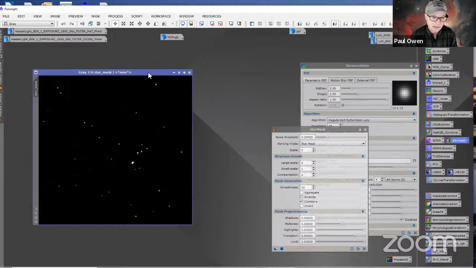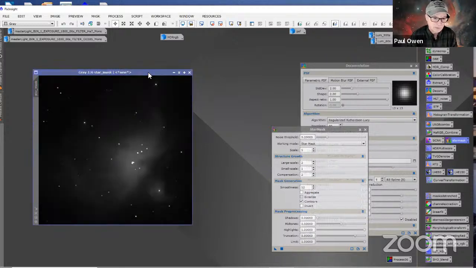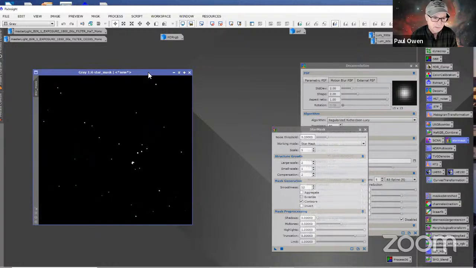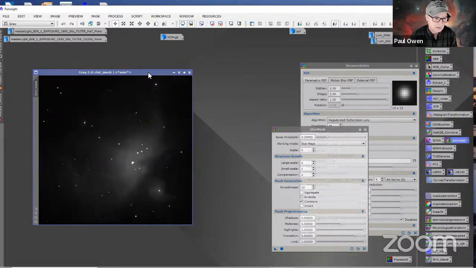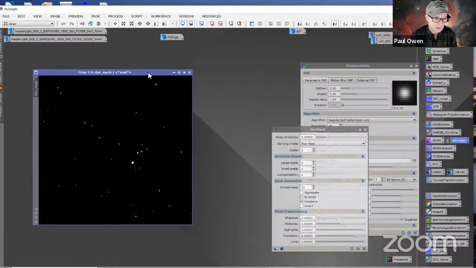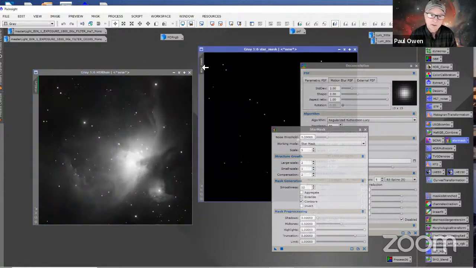And then I can just push on my mouse, and I can see underneath it. And if it's not hiding some of those larger stars, I'm concerned. But as you can see, it's got a lot of those bigger stars. I'm okay with this mask. I think it's going to be fine. So I'm going to call this